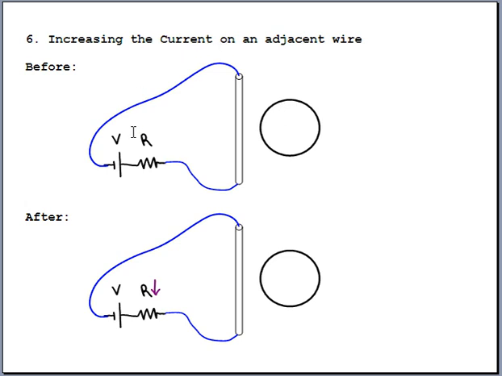And let's take the current that is flowing and increase it. So maybe this is like a dimmer switch, and we'll lower the resistance in the after picture. That way the current will go up. So what's going to happen here? Well, at the beginning of the story, if we're going to increase the current, I guess we better start with a small one. So we've got a small current flowing in this long straight wire,